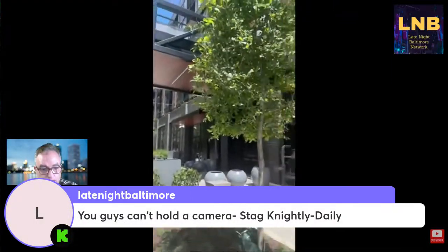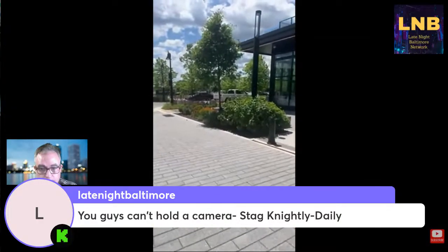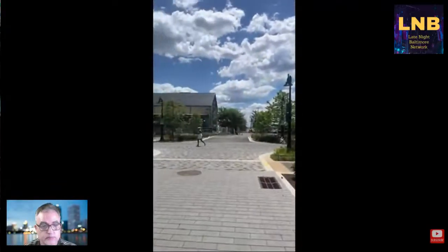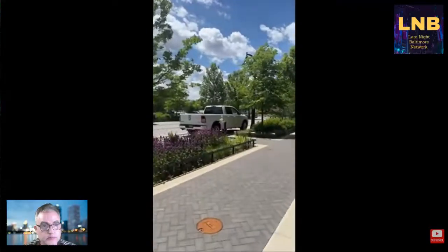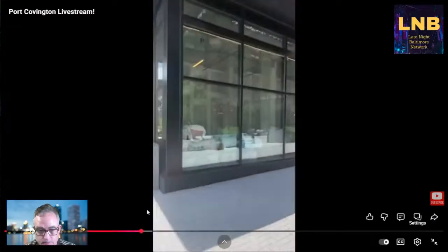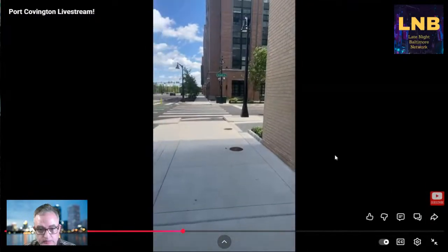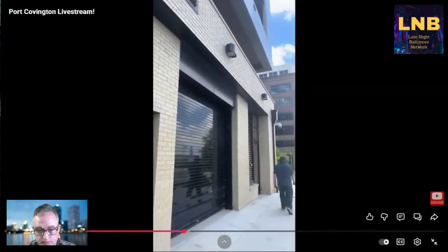So yeah, look at it. Open areas, modern buildings, something that would be really great. A guy running across quickly. This is the Baltimore Peninsula. Skip ahead here some. There's fast walking fast